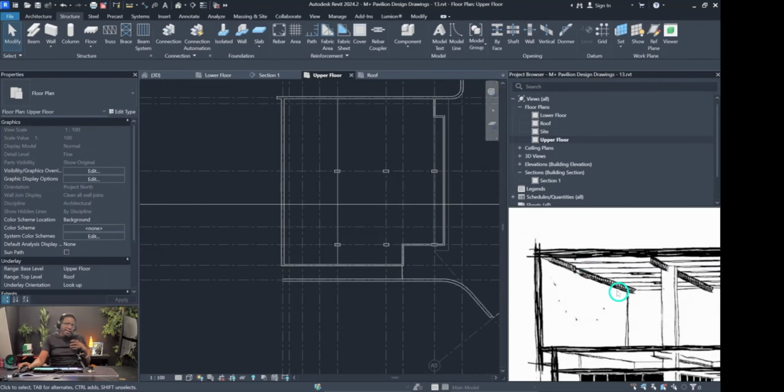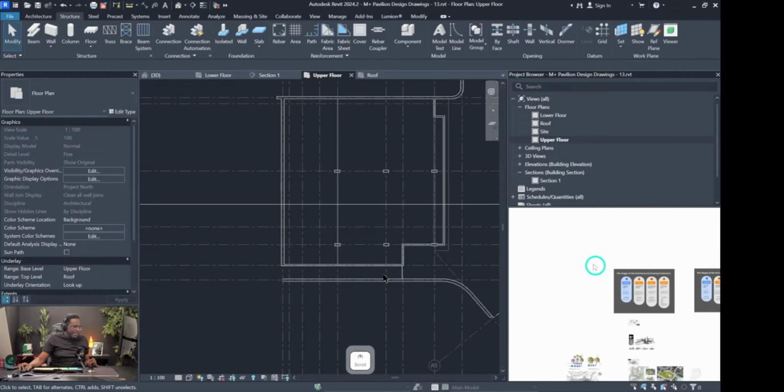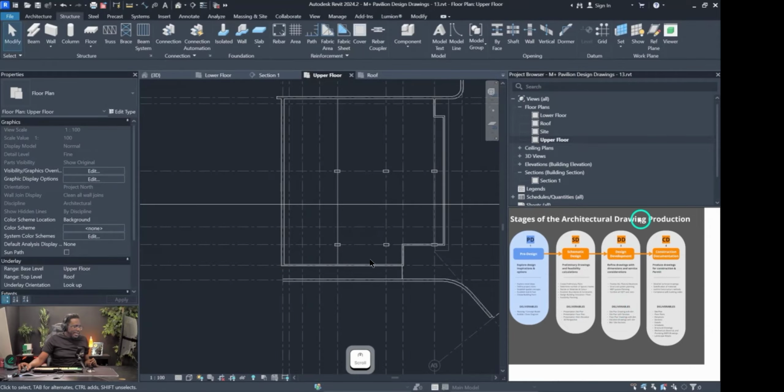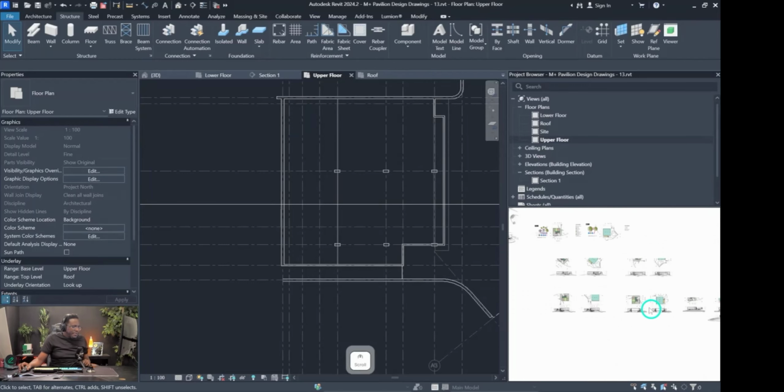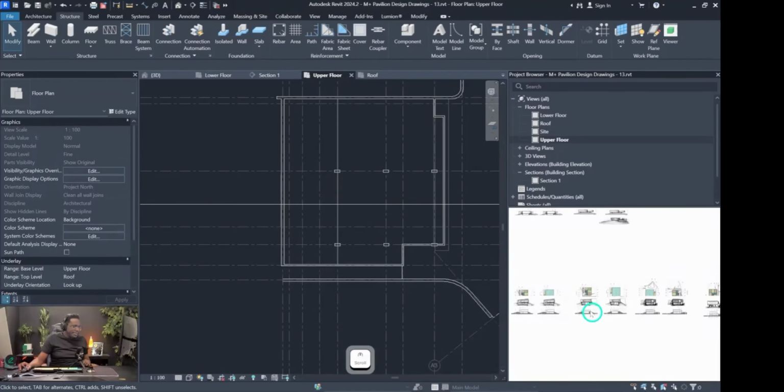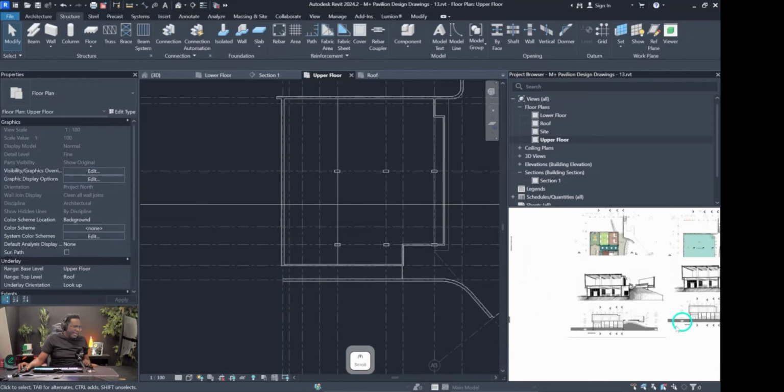But we are not necessarily concerned with drawing that at this stage, because in the next phase, if you remember, we spoke about the drawing phases. So we are currently in the design development phase. We wouldn't actually draw in the correct sizes for those beams and columns until we get to the construction documentation phase. And it would not be us that draw it, it would be the engineer that would draw those drawings. So for now, in our drawings, we just need to be representing them in our